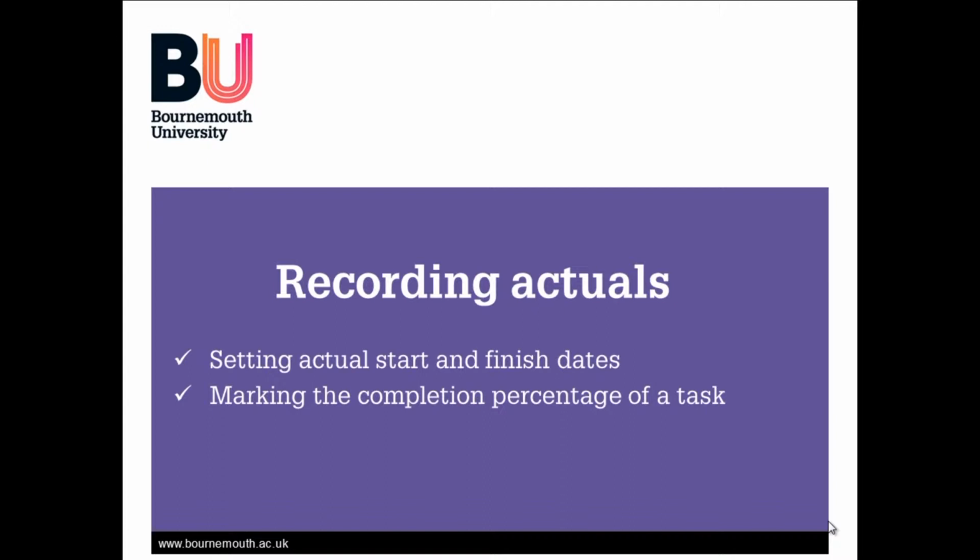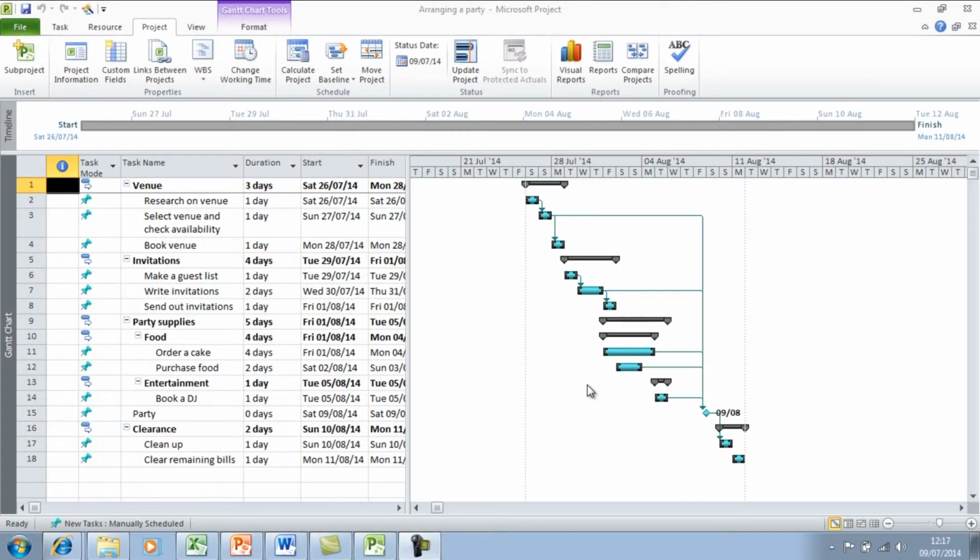In this video, we'll be looking at recording actuals. This includes setting actual start and finish dates and marking the completion percentage of a task. Actuals describe what actually happens in the project, and in Microsoft Project you can record actuals on timings as well